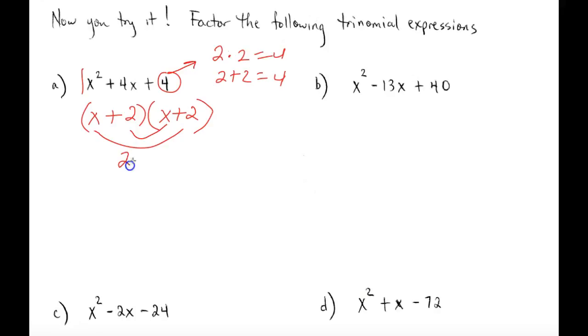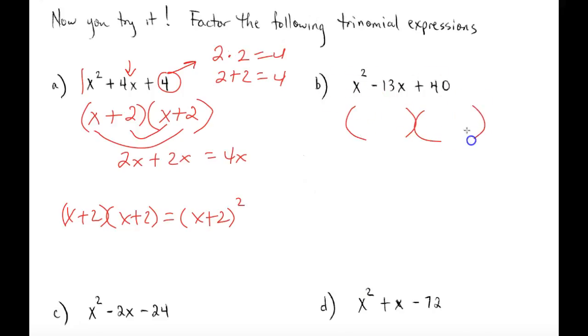and if we check what we're doing here, that'll be 2x plus 2x, which equals 4x, which is the same thing that we have here. So we know that this works. So our answer for this is going to be x plus 2 times x plus 2, which we could write as x plus 2 quantity squared for short. For the next example,